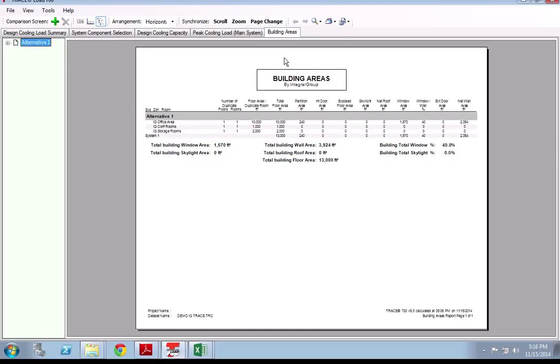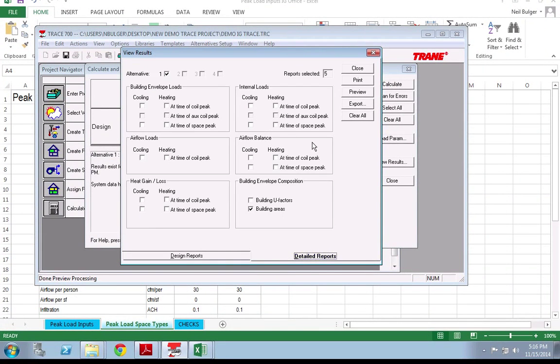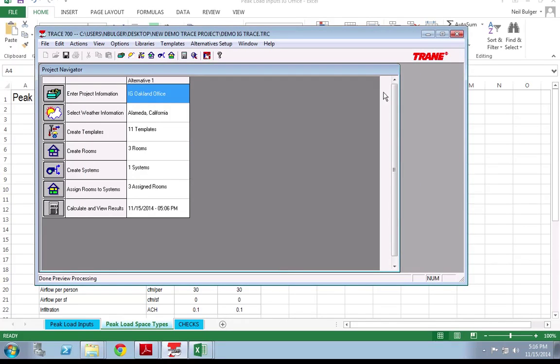There are a lot of reports, and we've actually made a very large spreadsheet that can take a lot of these outputs and dump them into Excel. There's a spreadsheet we made where we output all these as certain Excel file types, import them into Excel, and are then able to build on that. And it's really useful for large jobs. If you're working on a job, say 8 buildings and 1 million square feet, I might recommend considering something like that. But if you're not, then keep it in Trace. That's all for reports for now, and we will go on to talk about archiving and